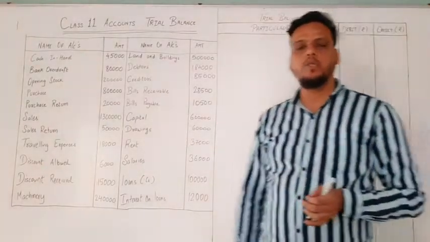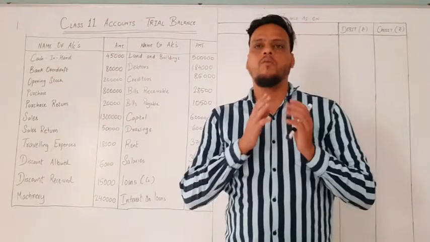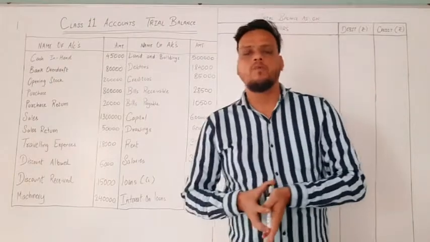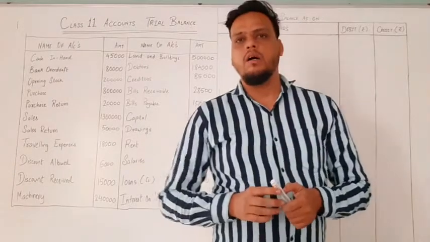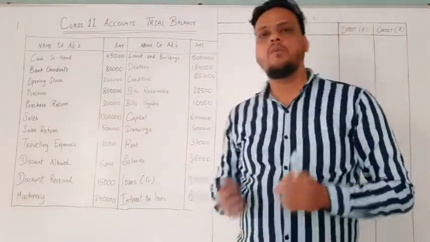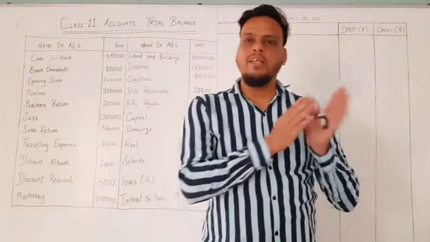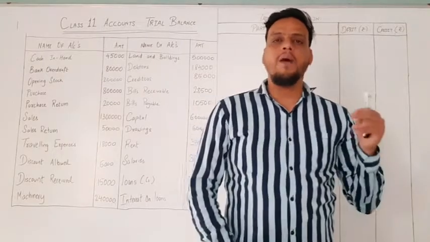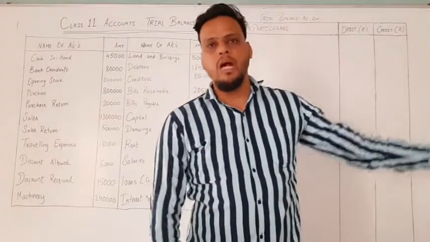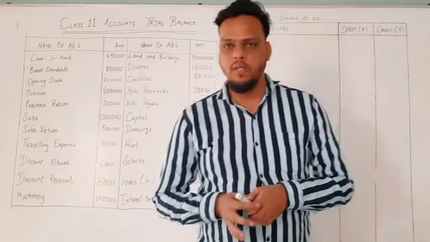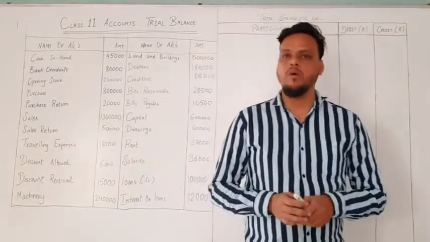As in the last video I have shown you the full concept of how you can get debit and credit. First we saw that question, and in that question we prepared journal entries, and then from journal entries we prepared ledgers, and then the ledger balance was transferred to the trial balance. If you have seen the video, you would have understood that concept.